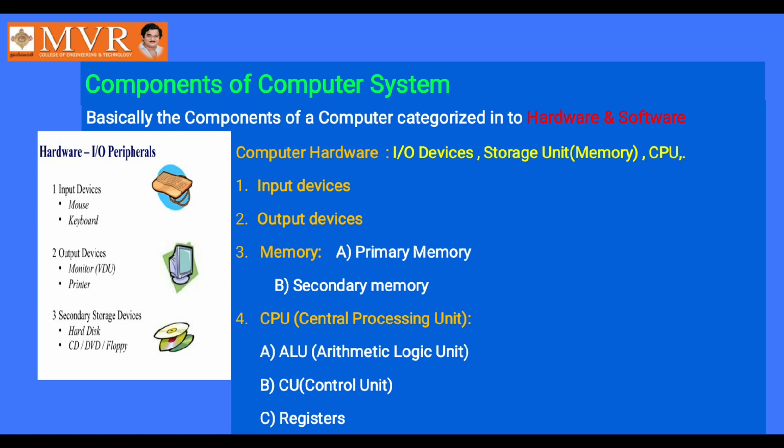And next we come to the output devices. The most common one, which everybody who uses a computer sees daily, is your monitor. That is the best example of an output device. There are some others, like a plotter, a printer, and some storage devices. These are called output devices, and they deliver the output in the form of characters and images.